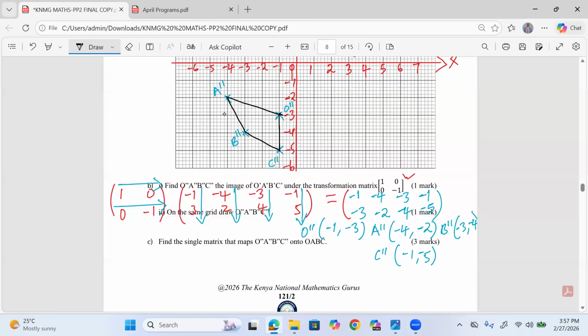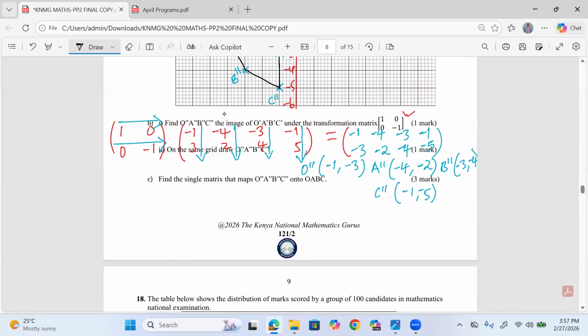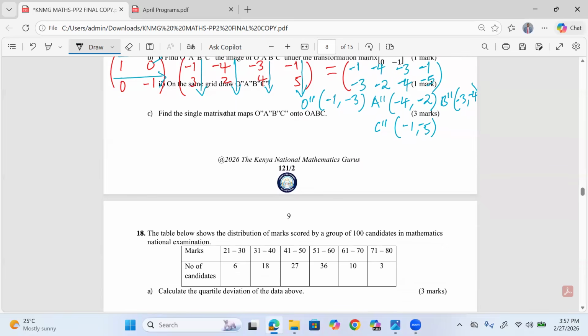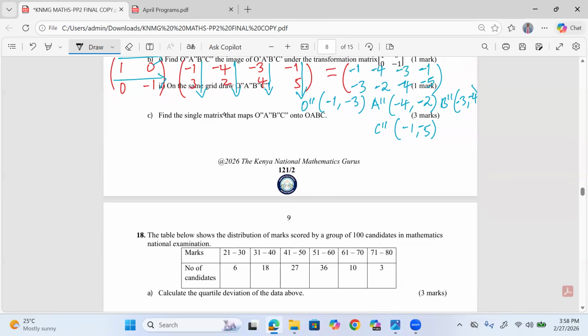This is a very easy thing. We are supposed to apply the same principle. We apply the same. And how do we apply that? By saying that a matrix times object should give us the image. And we are having the matrix being unknown. That is what you are finding. So the elements in our matrix, we can let them be unknowns, A, B, C, D, like that, multiplied by the last image that we are already having here,